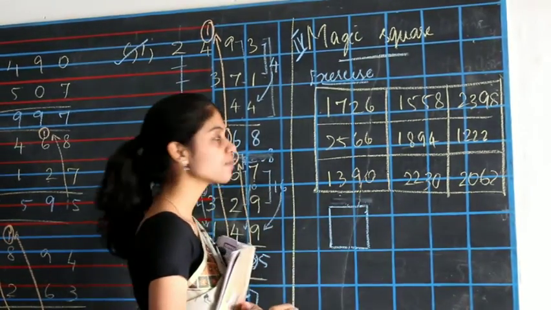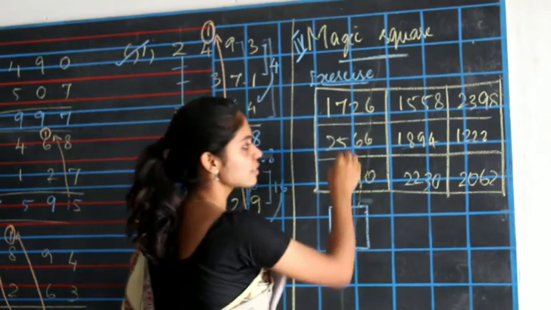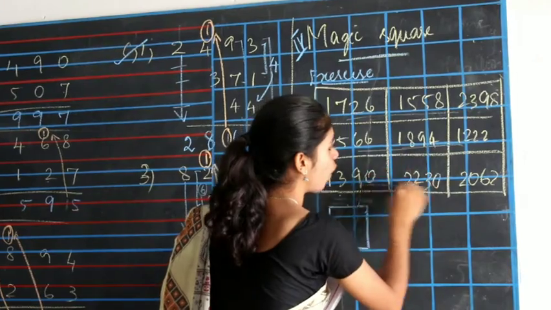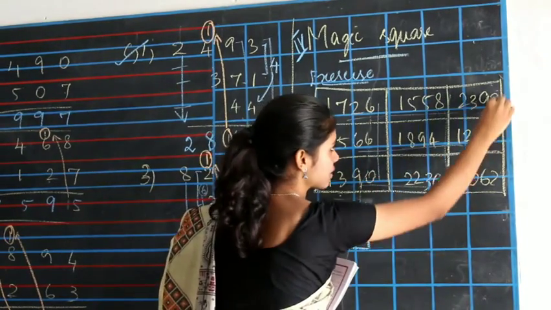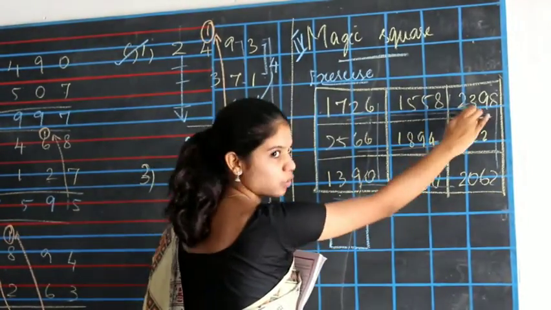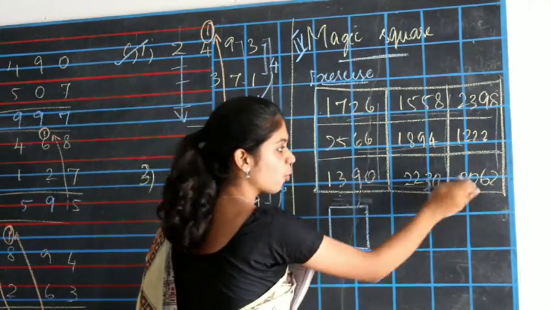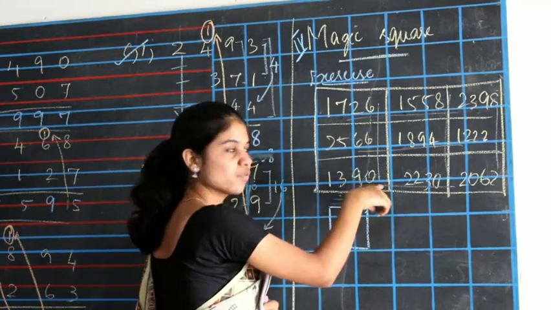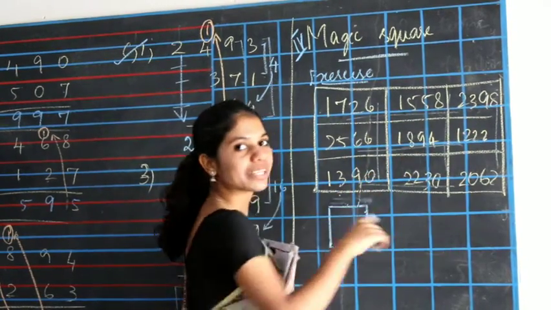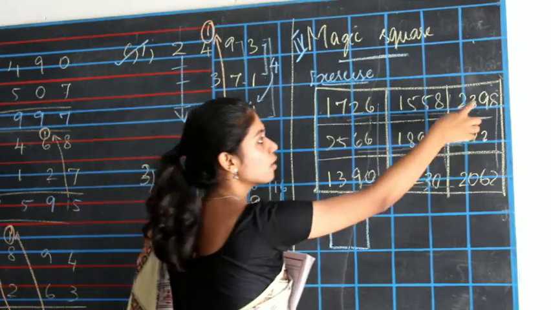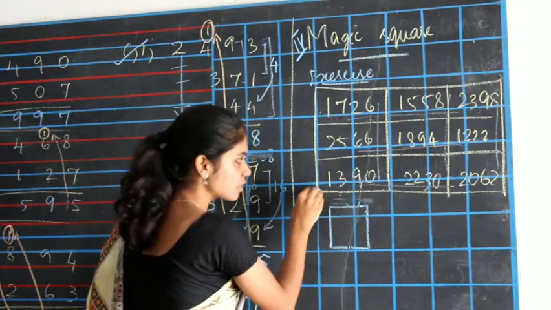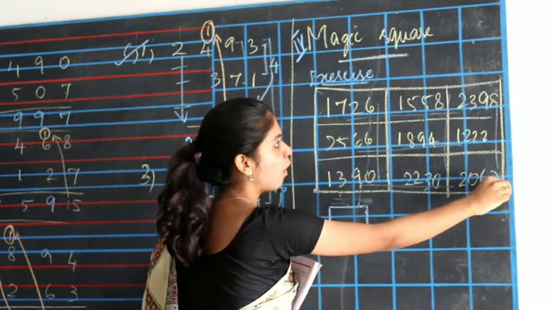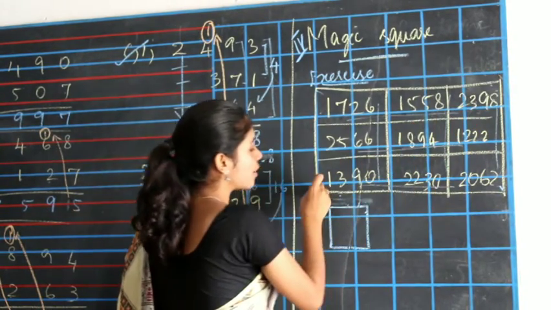Magical square means a box that contains numbers. On adding the numbers in rows or columns, you will get the same answer. If you add numbers in the first row, or second row, or third row, you will get the same answer. Likewise, if you are adding downwise, column-wise also, you will get the same answer. And if you are adding diagonals, from right top to left bottom or left top to right bottom.